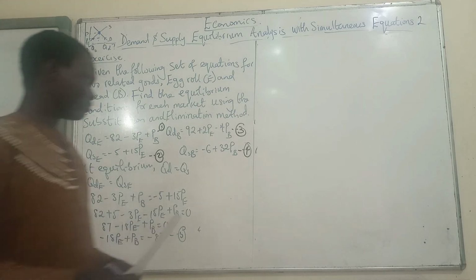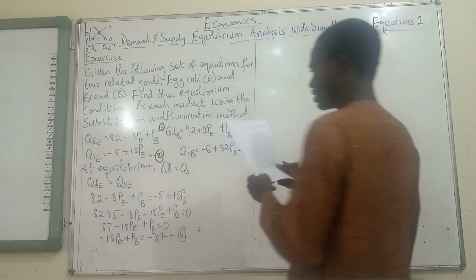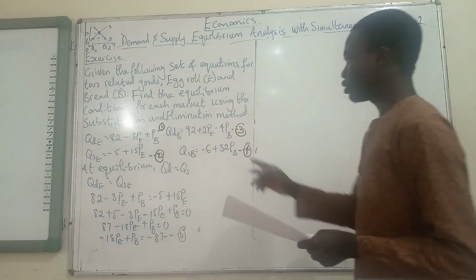So now let's solve equation 6. Is it 6 now? Yeah, equation 6 ourselves. So at equilibrium,